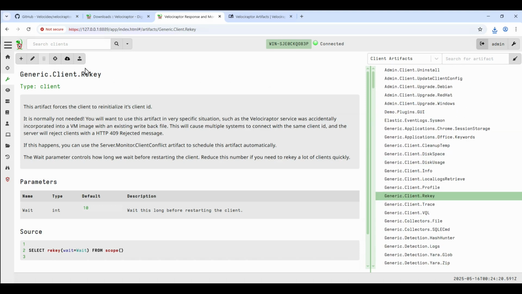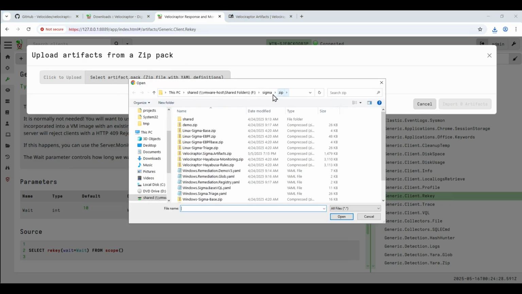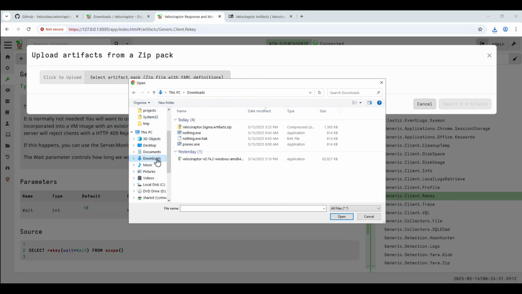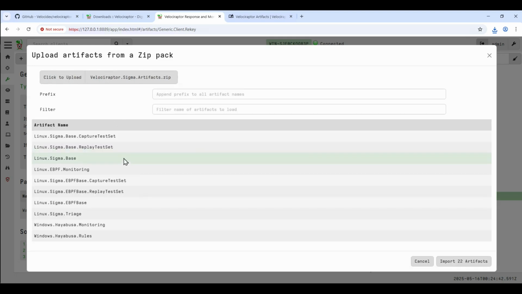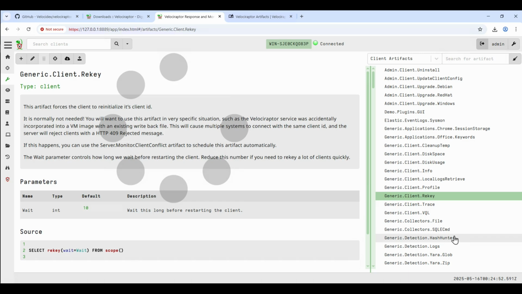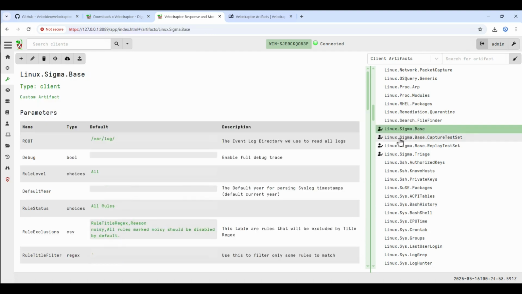But what we're going to do is look for those artifact packs. So we're going to upload an artifact pack, click this button, and then choose that file from the downloads directory. So this is the one, Velociraptor Sigma artifacts, right? And we're going to open that and then click to upload. And so that actually shows us these are the different artifacts inside of that zip file. We can filter them, but we can just import all of them. So let's just import all of them,